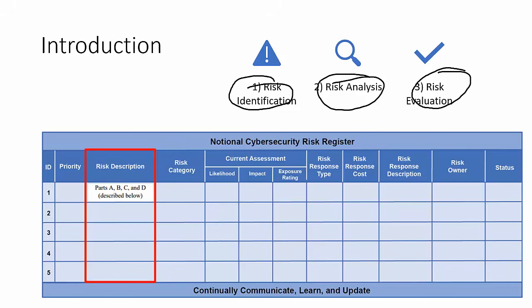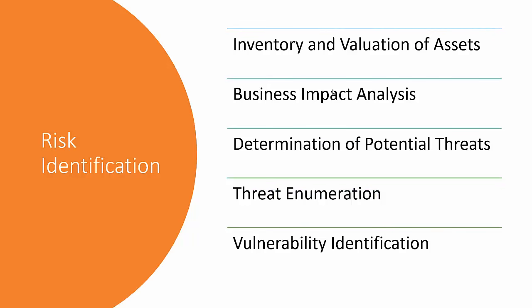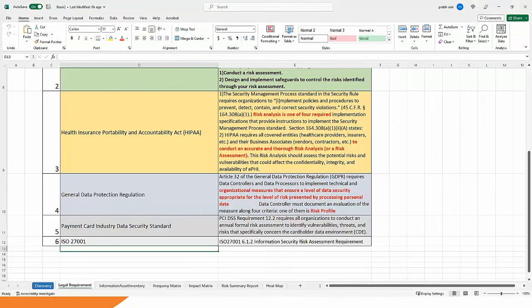So we're going to start with the first part, which is called risk identification. When we're talking about risk identification, the first step is we need to know the value of assets. We need to know the inventory of assets, because when you're doing a risk assessment, unless you know what assets you have, you don't know against what you're going to do the risk assessment. So the first thing we need to understand is the inventory and valuation of assets. I want to show you my Excel sheet in which you get the information about the inventories.